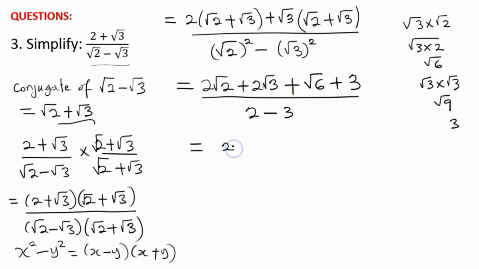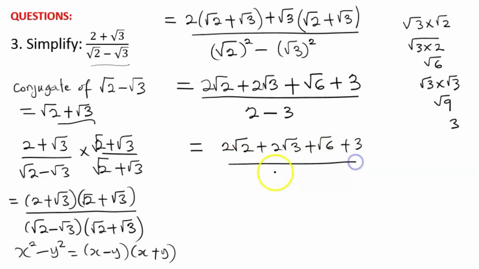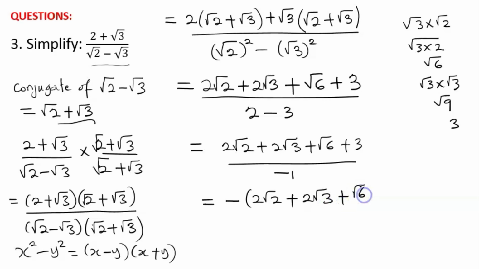We have root 2 plus 2 root 3 plus root 6 plus 3, divided by -1, because 2 minus 3 is going to give us -1. All right, so when we do that, it's simply negative. The minus sign is going to come, and I'm going to have something like this: 2 root 3 plus root 6